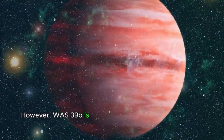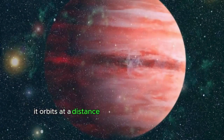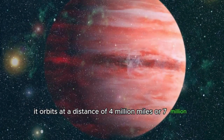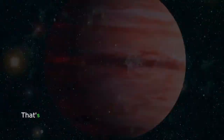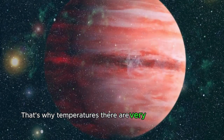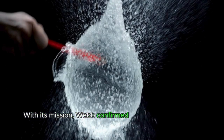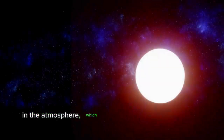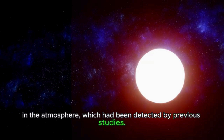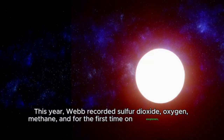However, WASP-39b is the closest planet to the central star. It orbits at a distance of 4 million miles or 7 million kilometers, which is 8 times closer than Mercury to the Sun. That's why temperatures there are very high, on average 1,600 Fahrenheit. With its mission, Webb confirmed the presence of water vapor, sodium, and potassium in the atmosphere, which had been detected by previous studies. This year, Webb recorded sulfur dioxide, oxygen, methane, and, for the first time on an exoplanet, carbon dioxide,